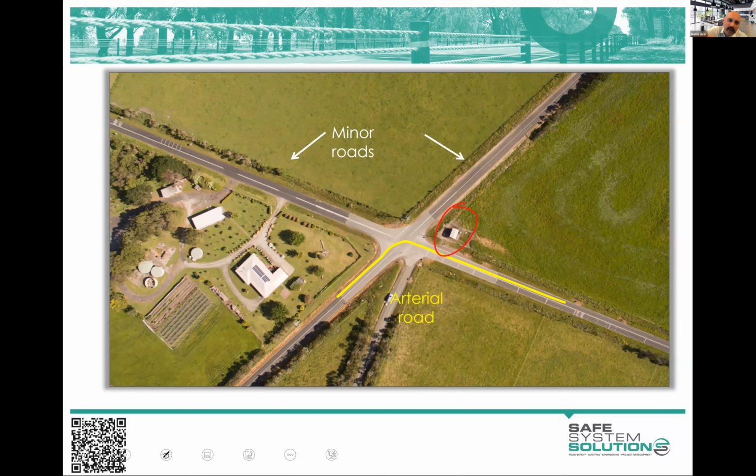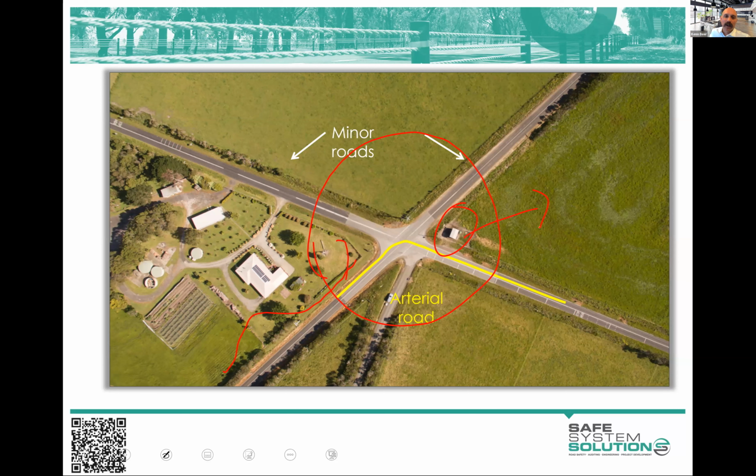This is like a communication exchange building, like a telecom exchange building. So the cost to move that was just insane. And the region was saying, well, we want a roundabout in here. We know that's going to reduce speed, angle of impact, wake people up. It's a really nice treatment. But the size of that, the reverse curves on the approach, and the area it's going to need to take, it's just going to be so huge. The cost was going up above $8 million or something. It was just impossible for that to happen.